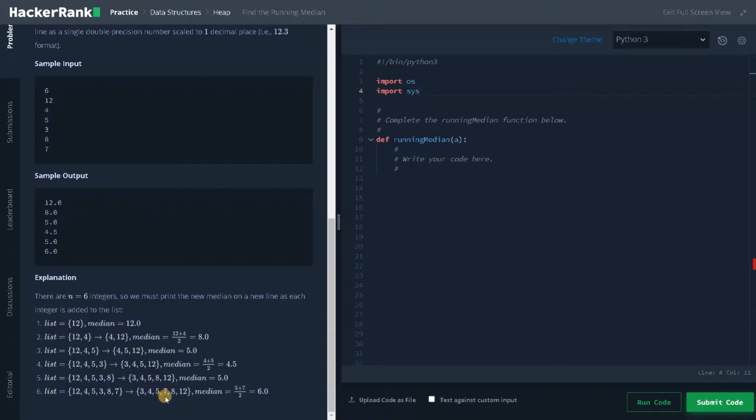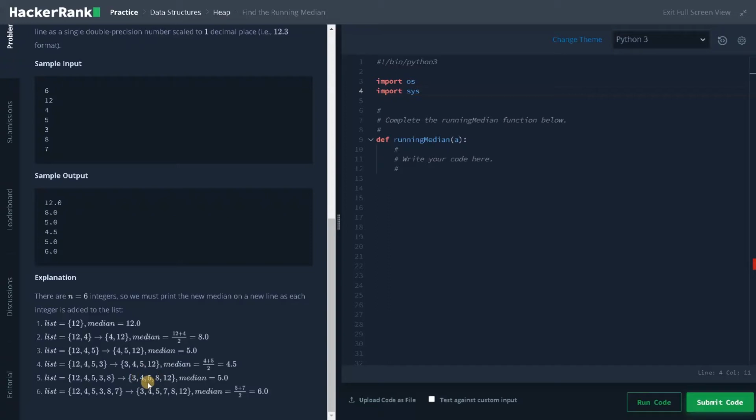In the min heap, the root element will always be the minimum element in the heap. So if we consider 7, 8, 12 in the min heap, 7 is the minimum element. So that is one part of our median. And in the max heap, the element at the root is the maximum element. So out of 3, 4 and 5, 5 is the maximum element. That is the other part of the median. So if you have an odd number of elements, one heap will contain fewer elements than the other heap.